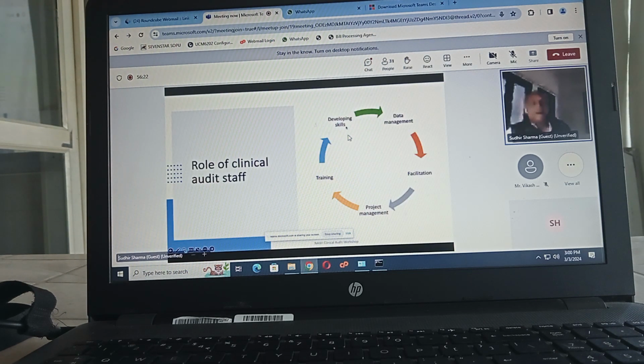The goal of clinical audit, right, as you are at different stages of the clinical audit cycle, and it will not